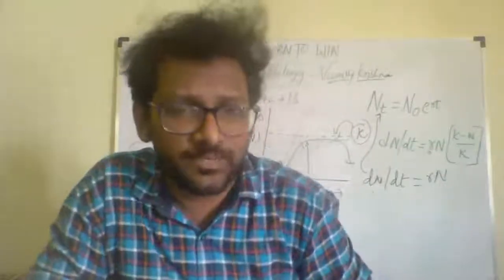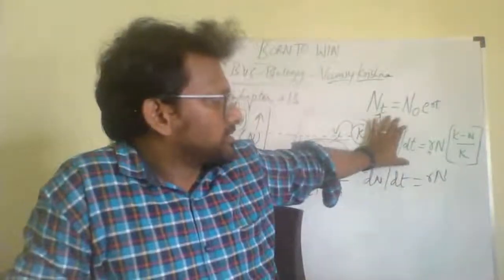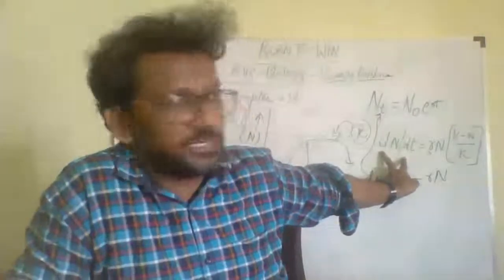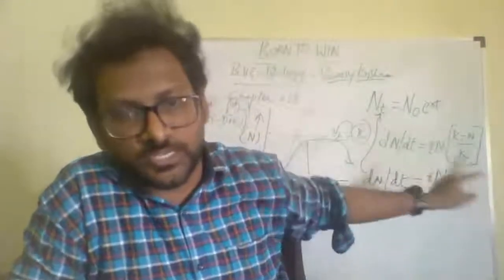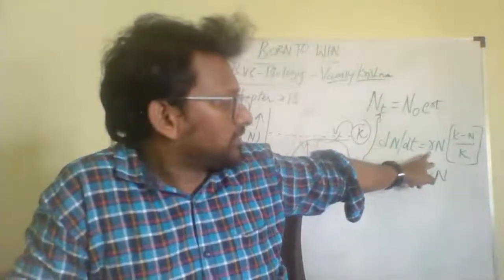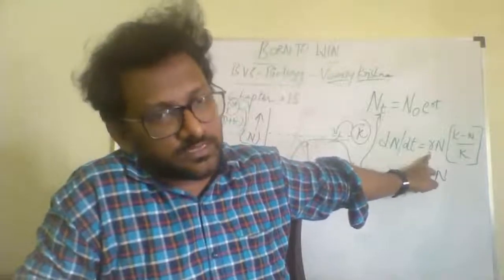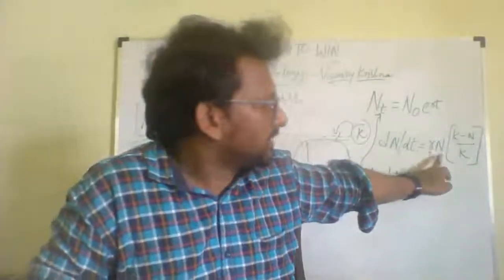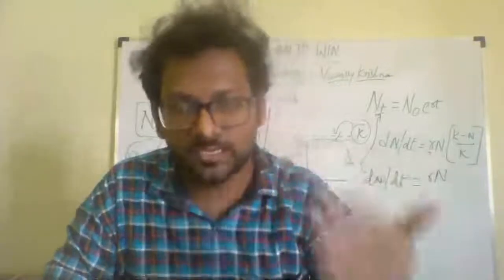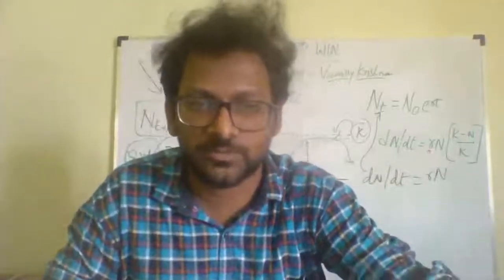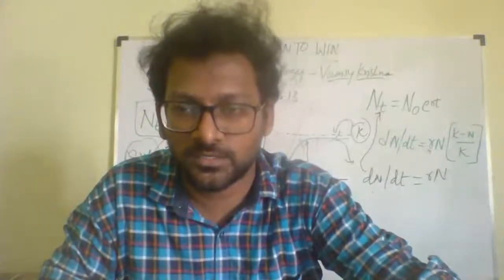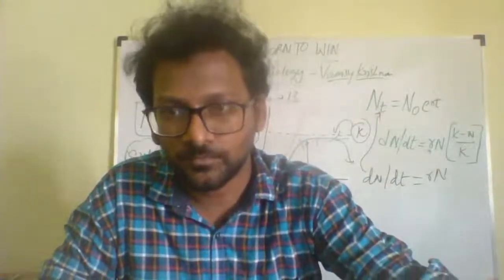Right? And this can be described by the equation. This is the equation where again we are trying to sort out dN/dt, the rate of change in the density with time. And then we have the r value here, the intrinsic rate of natural increase, and K is the carrying capacity. Just like any mathematical expression, we can use this formula to solve certain problems.